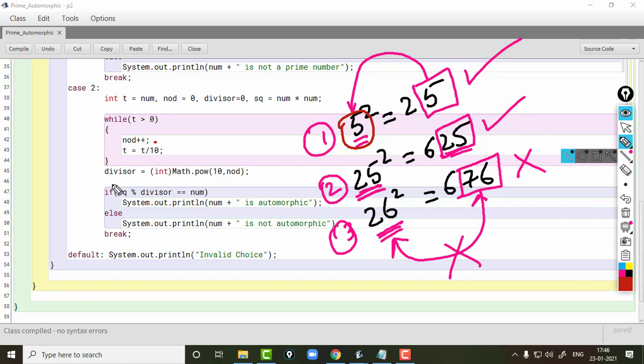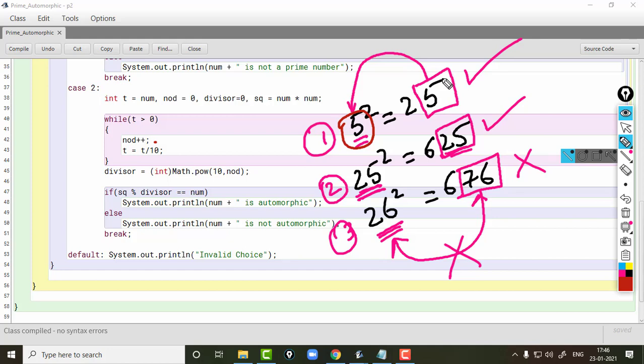Once we have found out the number of digits, we need to calculate the divisor. The divisor is important, because it will decide how many digits we want from the right side of the square.